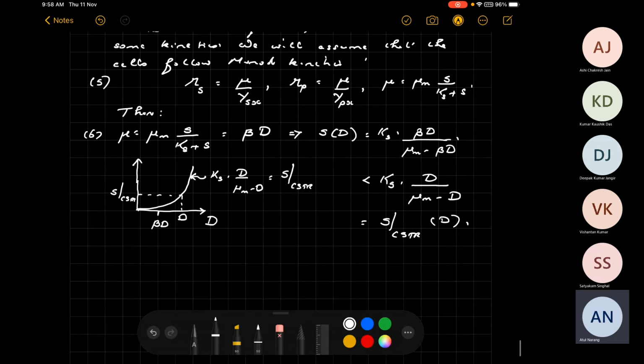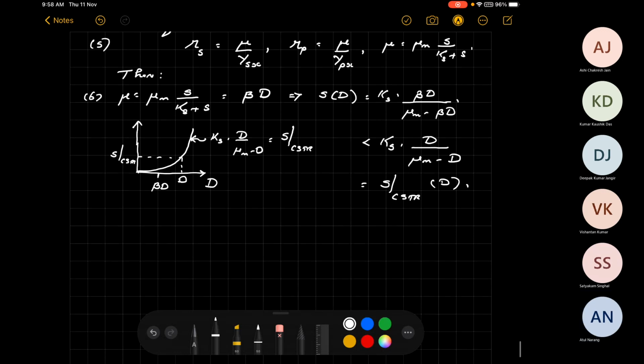There's a more interesting result: equation 6 implies